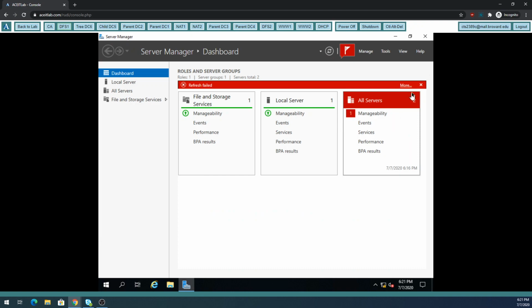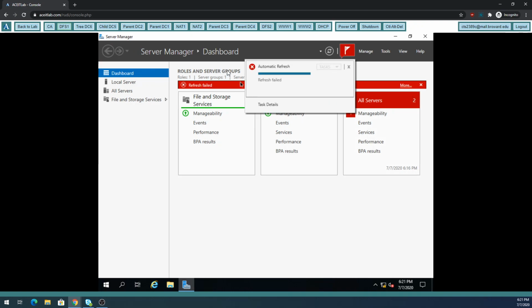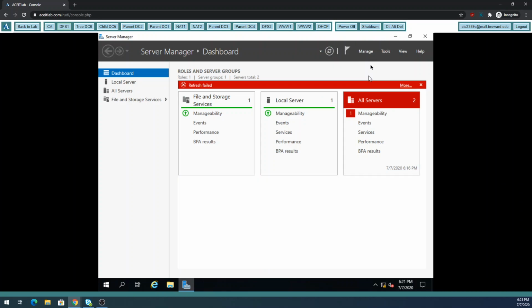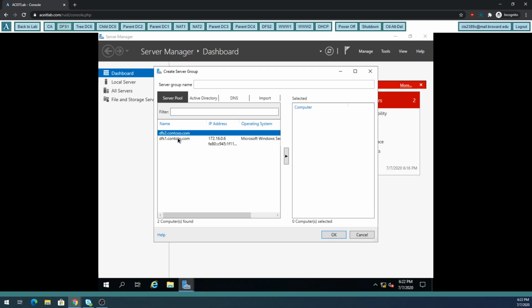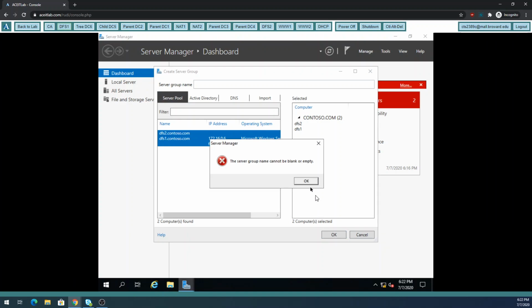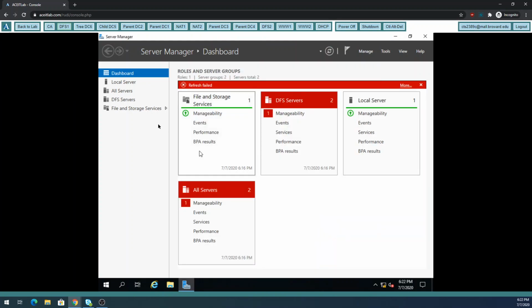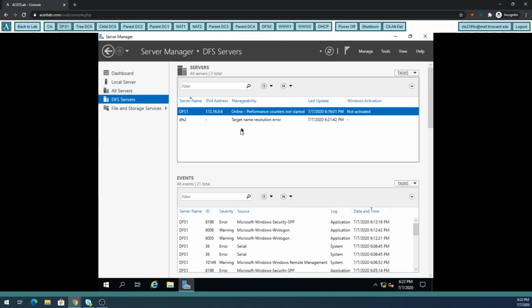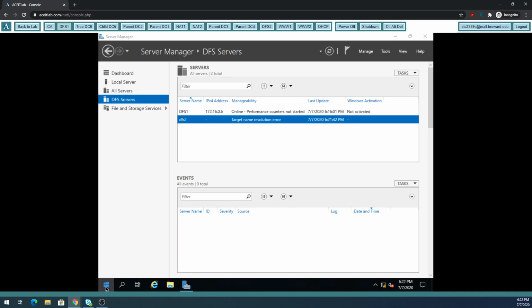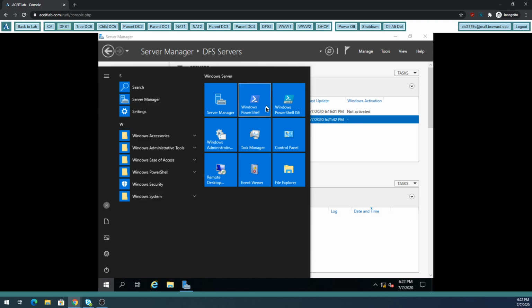I still have to wait a few minutes. I'm going to try to go ahead and see if it still works. I'm going to go to manage, create a server group. I'm going to add 1 and 2. Click OK. I forgot to put in the name, Dfs servers. Again, we have to wait for the name for the DNS to get replicated because right now